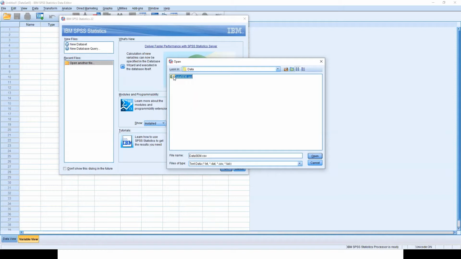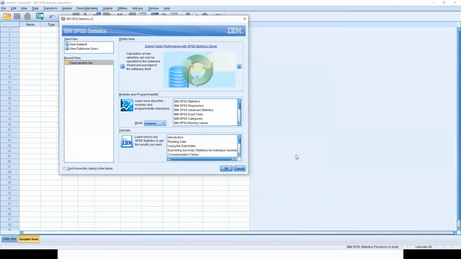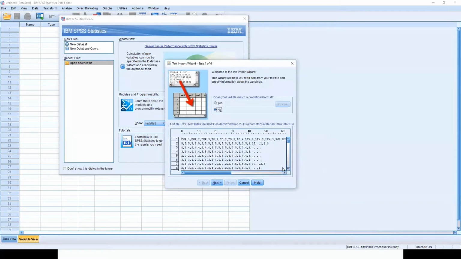Done. So I'm proceeding. I'll just say open. Okay, and a window like this will open up, and it will say welcome to the text import wizard. Does your text match a predefined format? So we'll say no, and we'll press next.